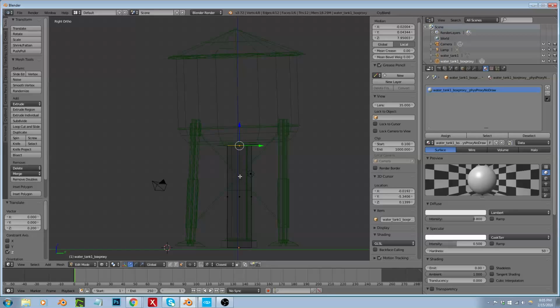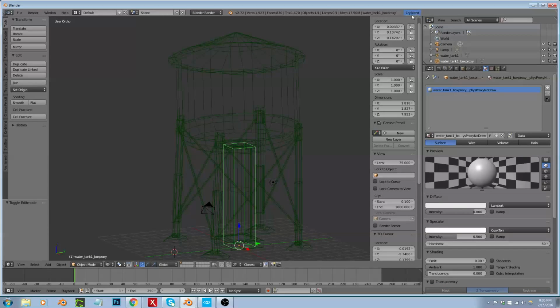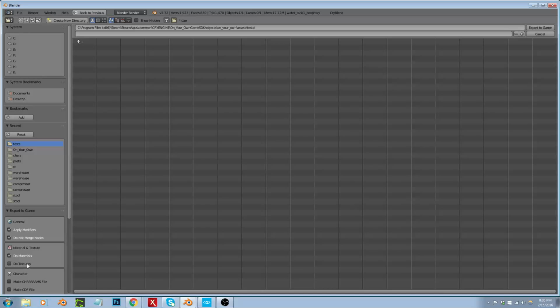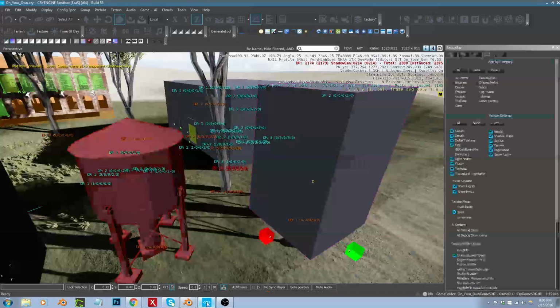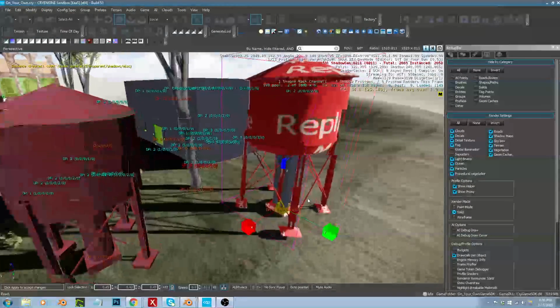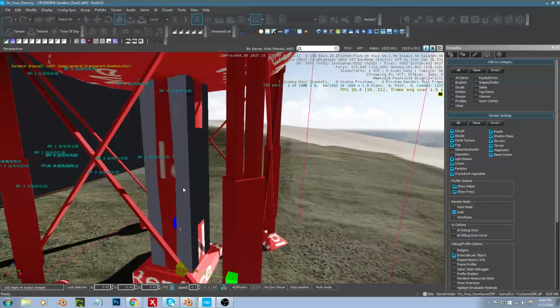All right, so there we go. We have the column. And let me export it just one more time to make sure that it's still good. I don't need to do materials. All right, so let's delete. There we go. Now the proxy, the one that we currently have,